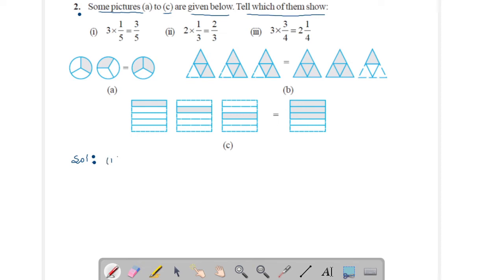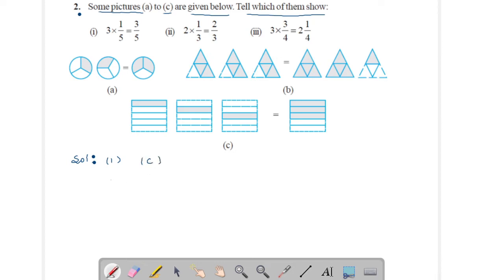First part, here see the fraction, it is 1 upon 5. See the figure in which it is divided into 5 equal parts, the C part. In C part, the square is divided into 5 equal parts and one part is shaded. If you write in fraction, it can be written as 1 upon 5. This can be written as 1 upon 5, 1 upon 5 and 1 upon 5. And if you multiply it, you will get 3 upon 5. Your answer for first part is C.